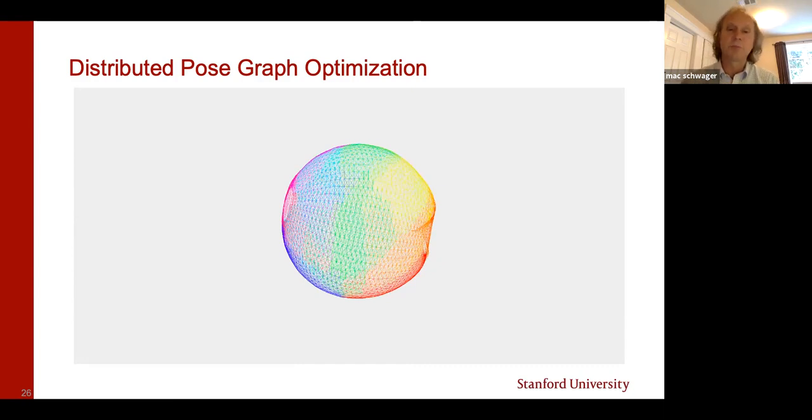and we're fine-tuning this algorithm at the moment, but we're hoping to show that we can solve these large-scale SLAM or pose graph optimization problems much faster than existing centralized techniques, and also in a distributed way that would be amenable to multiple robots going and exploring a building, for example. So you're seeing here a synthetic pose graph. This is not a building floor plan, obviously, but this is a standard benchmark in pose graph optimization. So you would have to imagine that the robots are driving around the surface of a sphere and then co-optimizing to reconstruct the surface of a sphere.